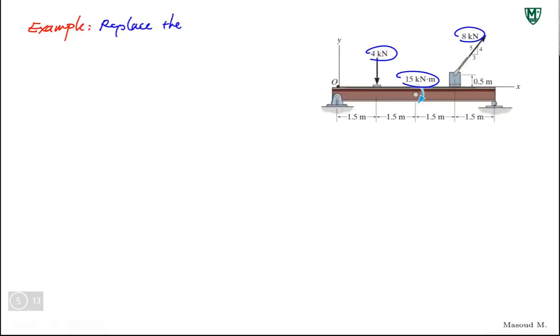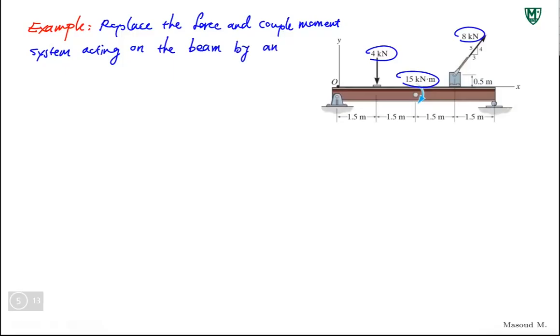Now, what I'm asked to do is to replace the force and couple moment system acting on the beam by an equivalent resultant force, right? So we're asking to make it so simple that there is only one resultant force,